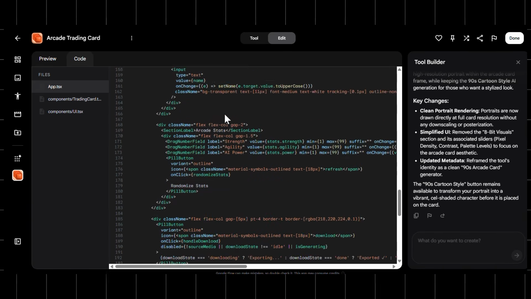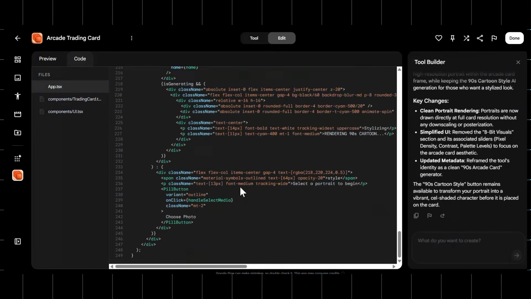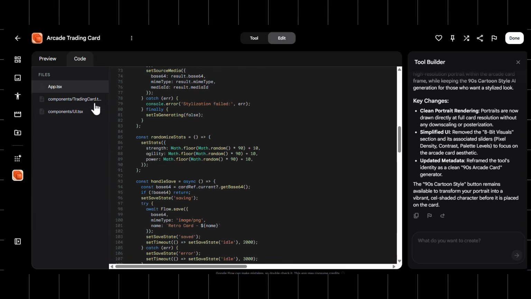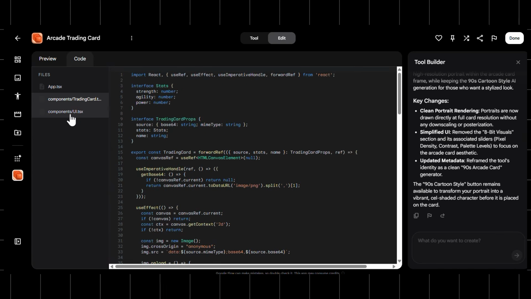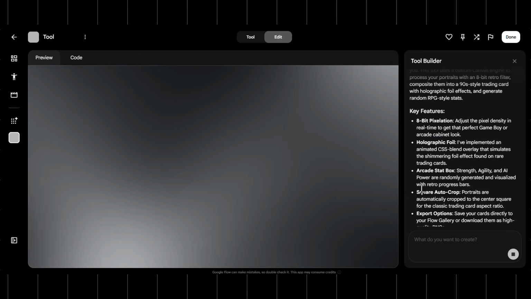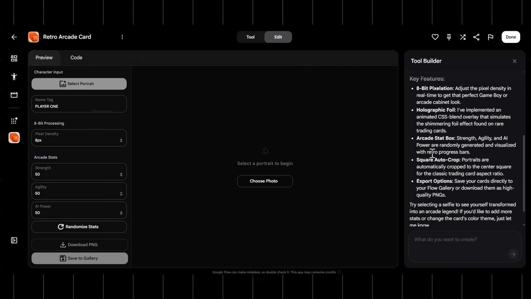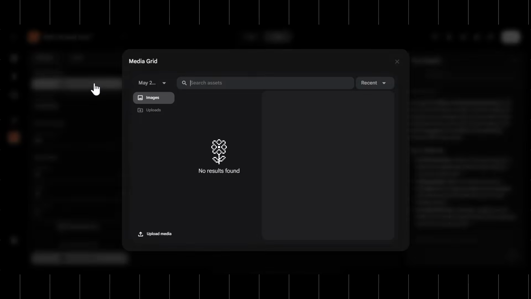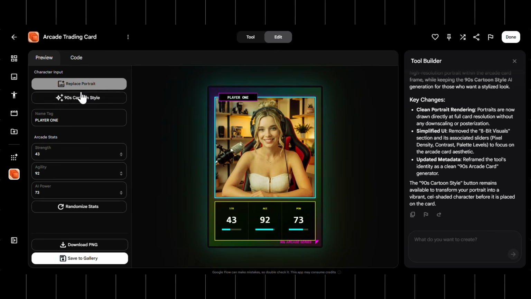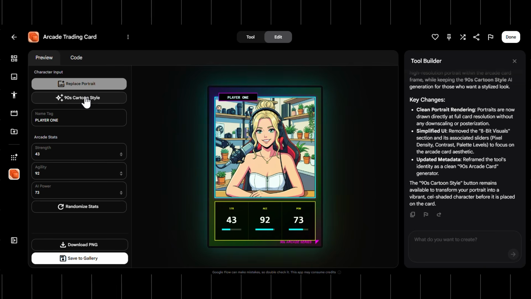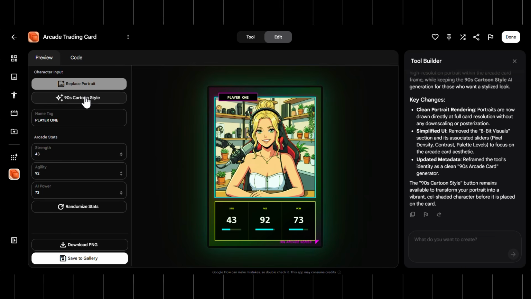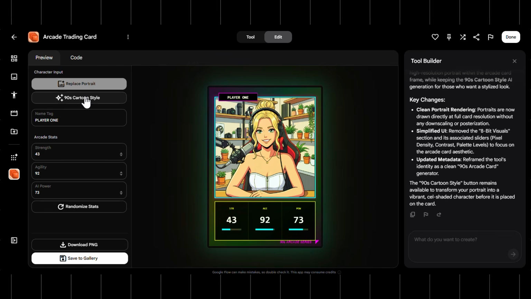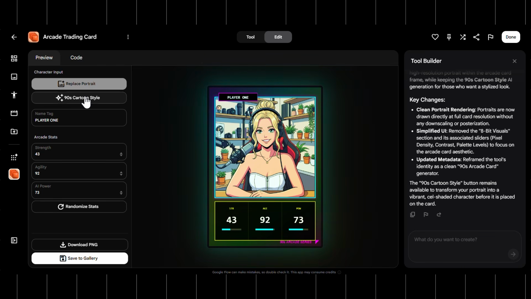Under the hood, the Flow agent translates your description into a node-based visual script, connecting cropping filters, pixelation algorithms, image overlay matrices, and text generators. Once it's done, it compiles this workflow into a single custom utility button on your interface. You just drag and drop a normal selfie onto it, and boom, you have a personalized 8-bit arcade card. You've just programmed a custom graphics app in plain English. You are no longer just using tools, you are inventing them.